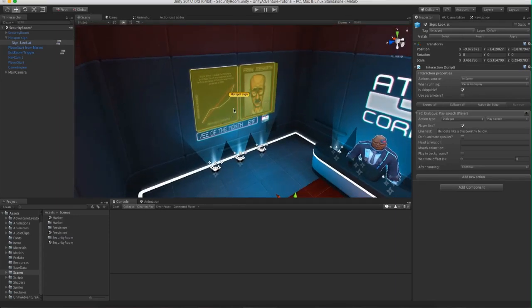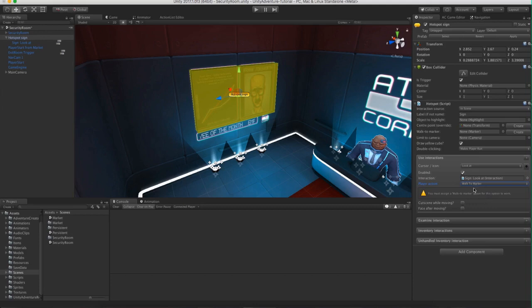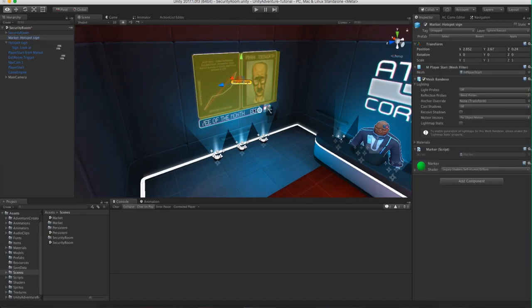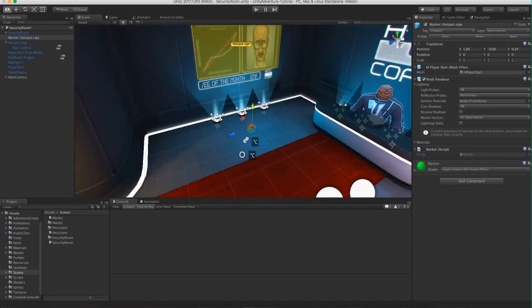But we also want the player to walk up to the middle of the sign pretty exactly and face the sign before they run that. So back to the hotspot component, we've got our player action, and let's set it to walk to marker. And walk to marker means that we will walk to somewhere specific, and we can define that marker up here with the walk to marker field. I click on create to automatically create and assign one, and it's placed at the middle of the hotspot, so I'll bring it down here to the floor,